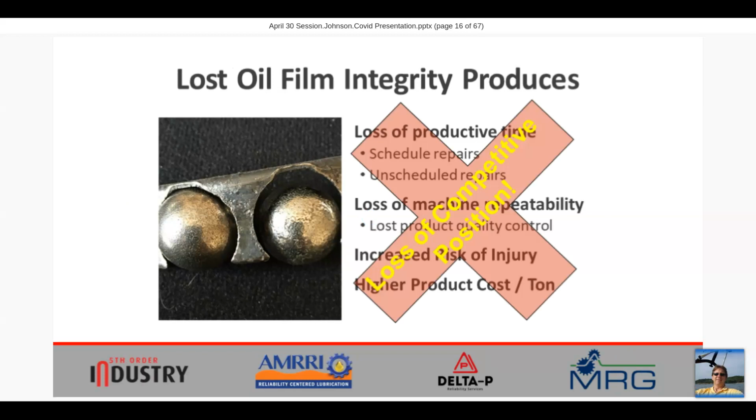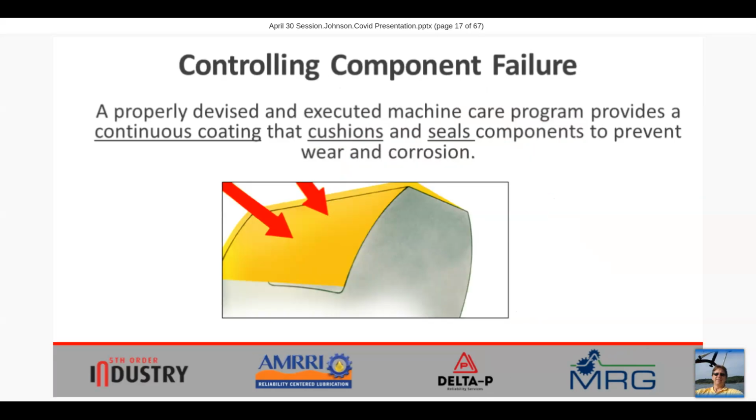So machine lubrication is an essential element, and I would argue the most important daily activity the workman has to deliver to the plant site to protect machine reliability on a daily basis. Our objective with our lubrication program should be to provide, with our daily care and feeding activities, a continuous coating of oil or grease that provides cushioning and sealing for the machine's lubricated parts to prevent wear and corrosion.